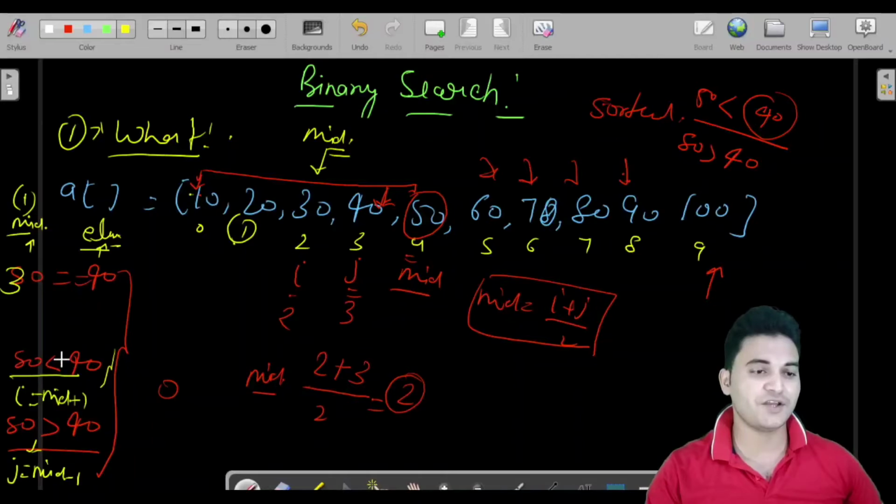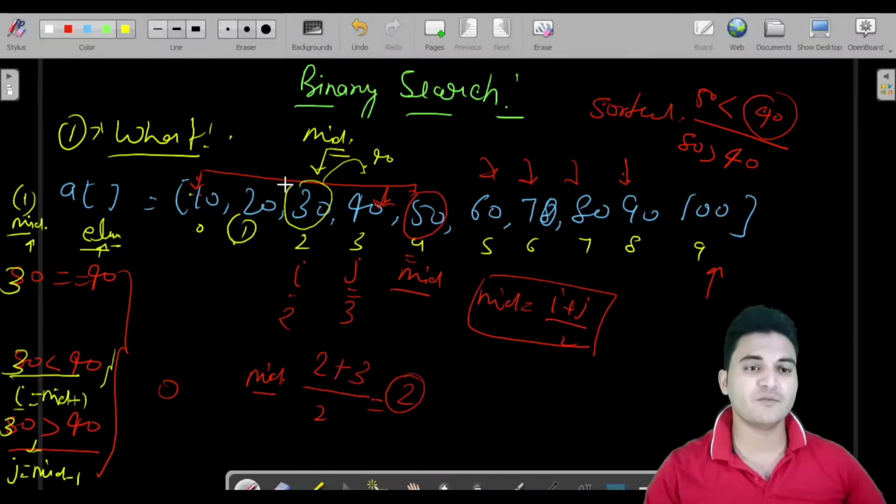Here it is 30 and here also it is 30. If 30 is less than 40, yes it is less than, then you would increase your I equal to mid plus 1. Because the elements from here to the left will always be lesser than this. Why? Because this is already lesser than the searchable element, which was 40.